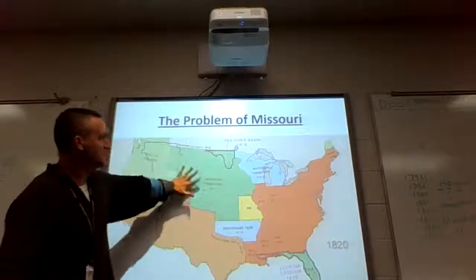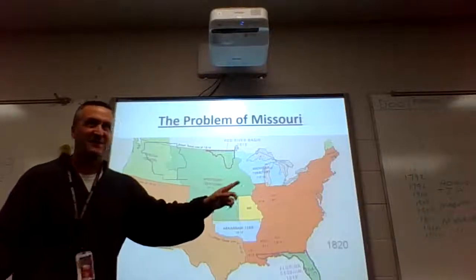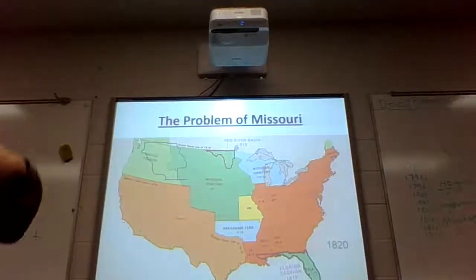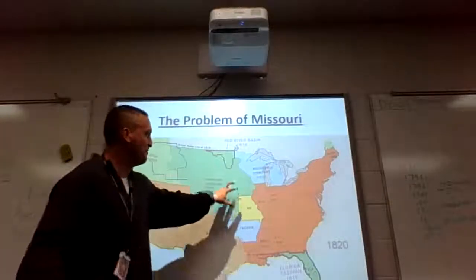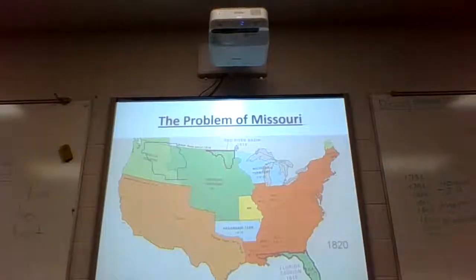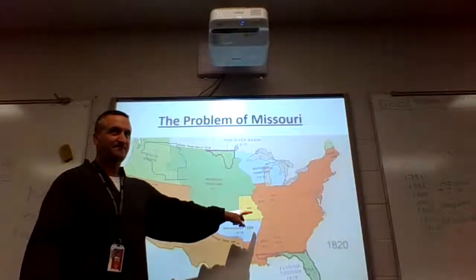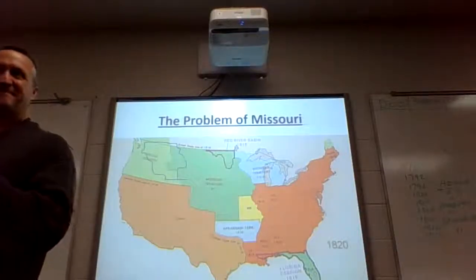So this is the Louisiana Territory. The United States bought it from France. It's owned by the federal government while it's territory. Anybody can move there. When enough people move into an area, you can declare for statehood and join the United States. The first state to join on the other side of the Mississippi River was Louisiana, a slave state. After that, the next state was Missouri. It applies as a slave state. It wants to have slavery.